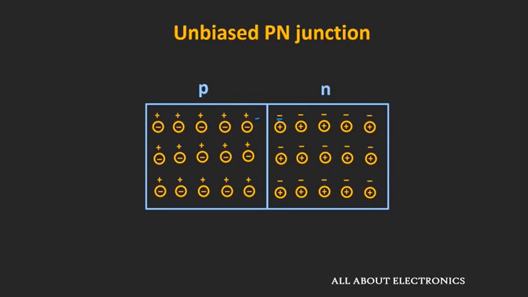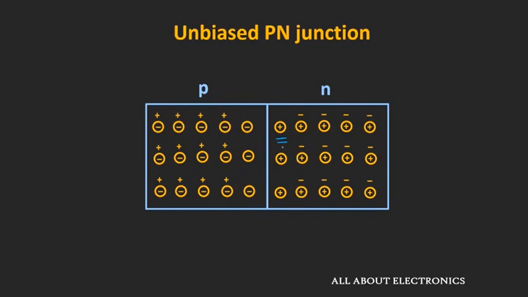Whenever the electron diffuses across the junction, it creates two ions. First, whenever it leaves the n-type region, it leaves behind a pentavalent atom, which is now one short of an electron. So due to that, it will become a positive ion. And whenever the electron enters the p-type region, it will get recombined with the hole of a trivalent atom. So after capturing the electron, this trivalent atom will become a negative ion. So every time an electron diffuses to the p side from the n side, it creates one positive and one negative ion near the junction.